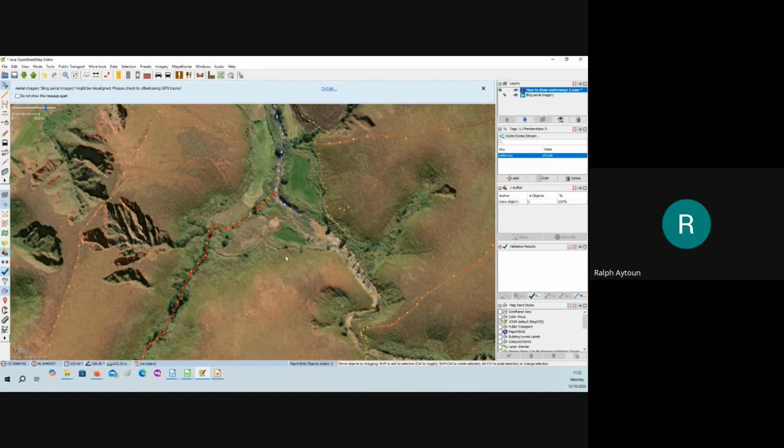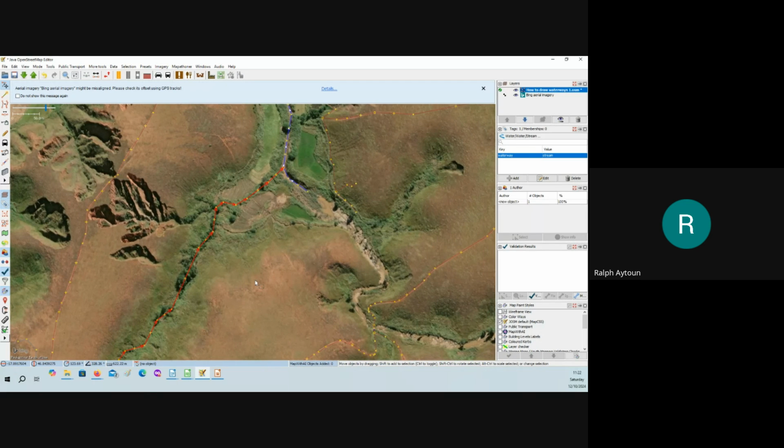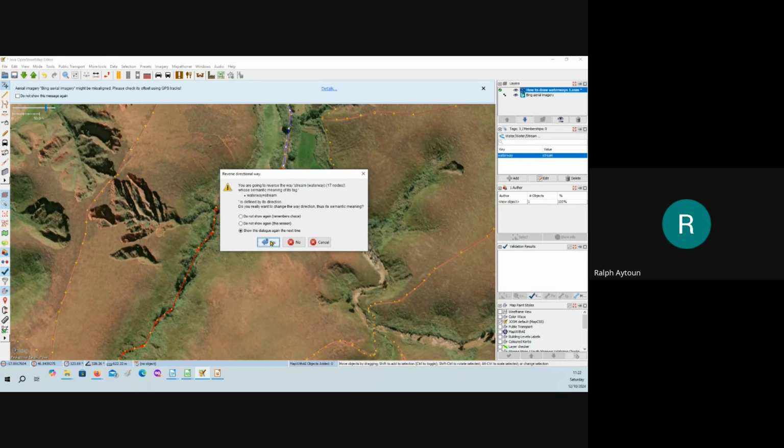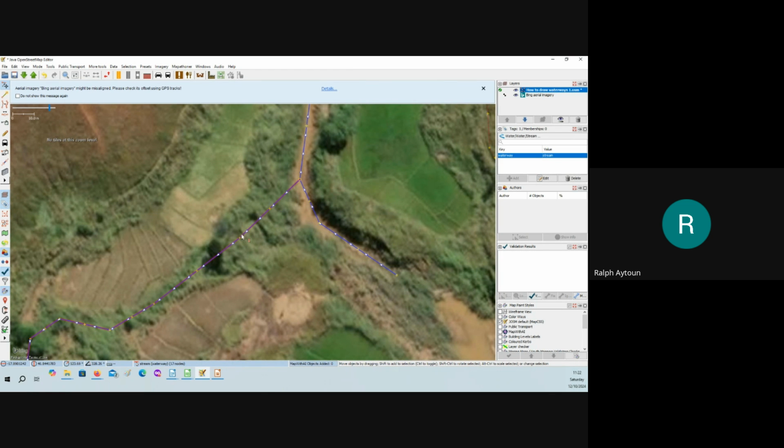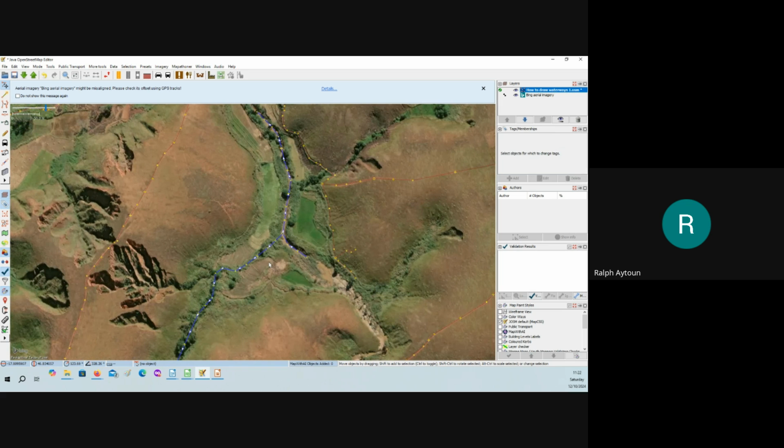The way to change one, if you see that they are in the wrong direction, is simply to press R on your keyboard in JOSM, and it will ask you, do you want to reverse the river? You say yes, and you will see now that the arrows go in the opposite direction. So that is how you reverse. So I'm going to reverse back again.